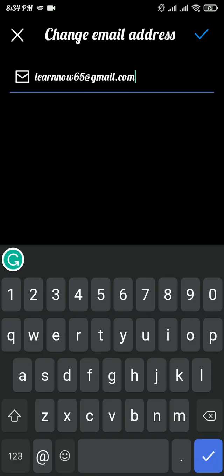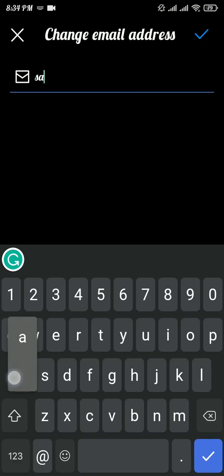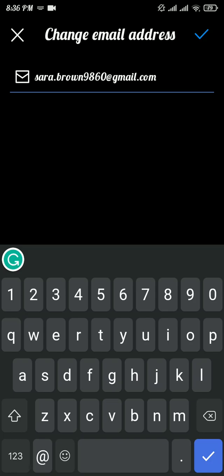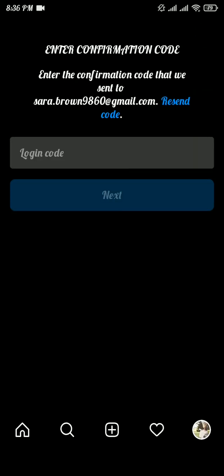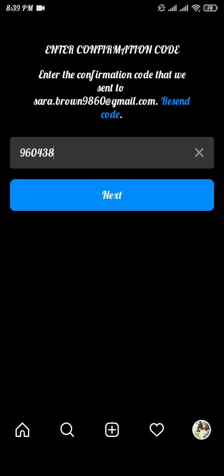Now remove your current email and type in your new email address. Now press tick on the top right of the screen. As you press on tick, confirmation code will send to your new email address. As soon as you receive the confirmation code, type in your code on login code box and tap on next